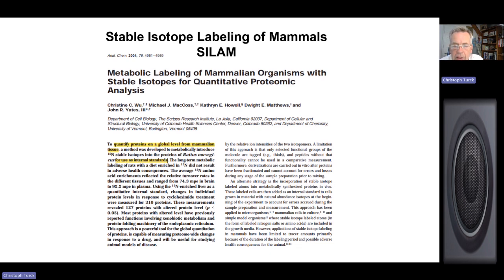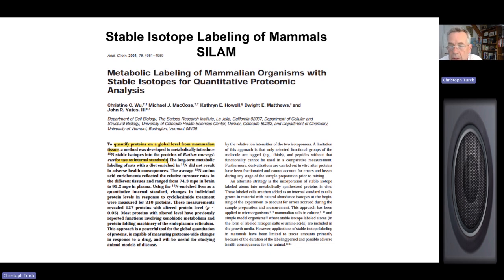Now, originally, this was developed for mass spectrometry purposes for relative quantification. The idea was, just like with cells or smaller organisms, to see if higher organisms, specifically mammalian organisms, were able to incorporate 15N, and the resulting specimens, tissue, plasma, whatever, could be used as a reference material for relative quantification of proteins by mass spectrometry. And it turned out this worked really well.